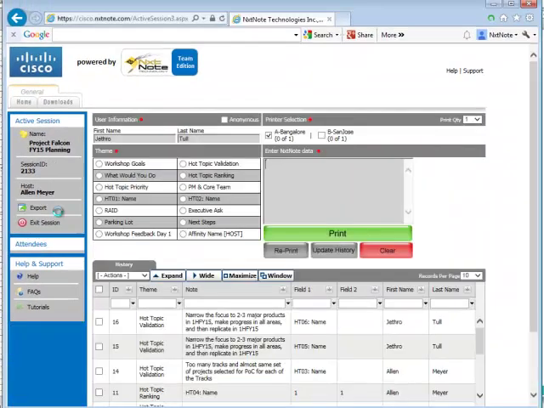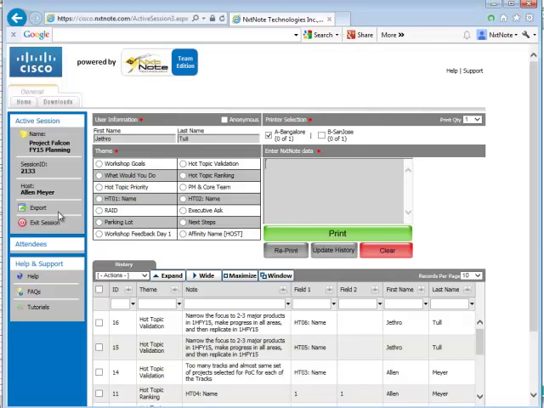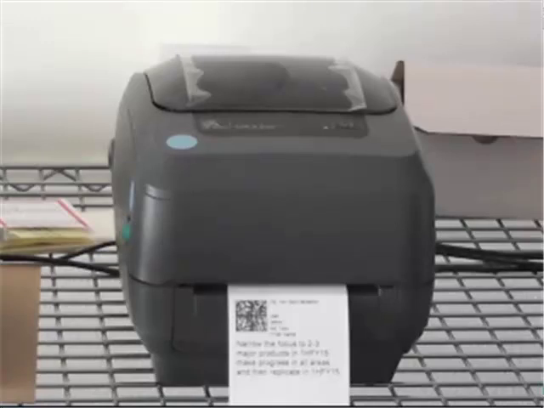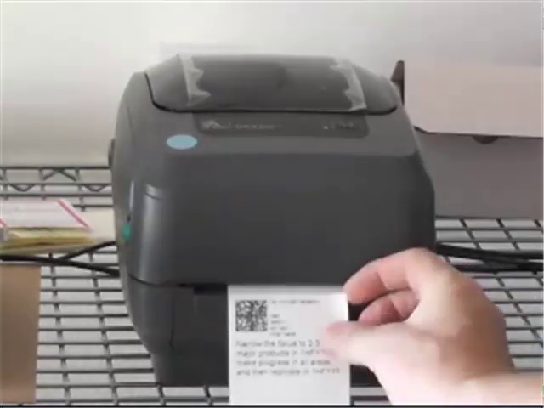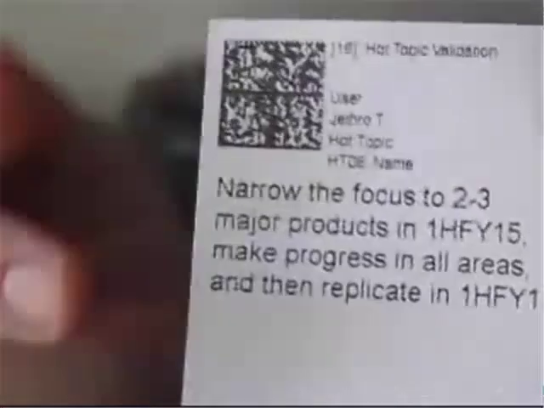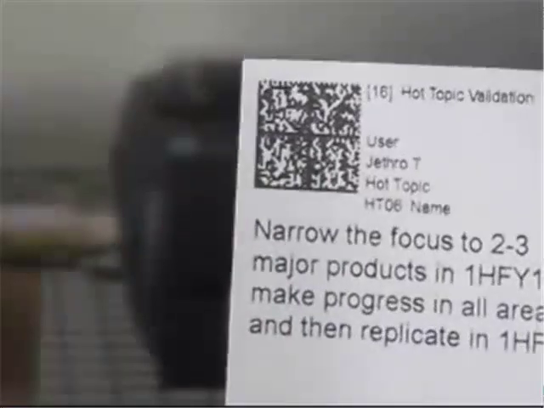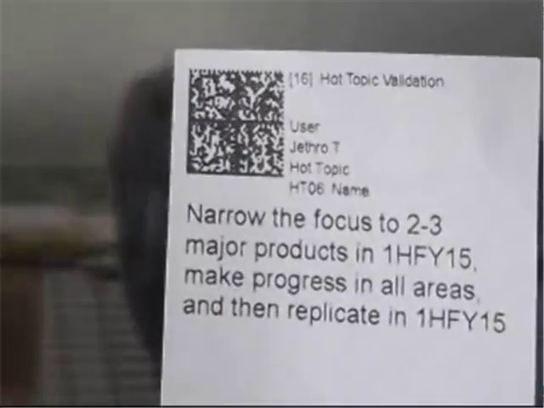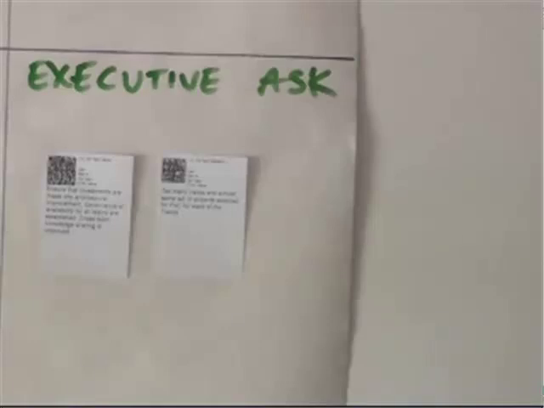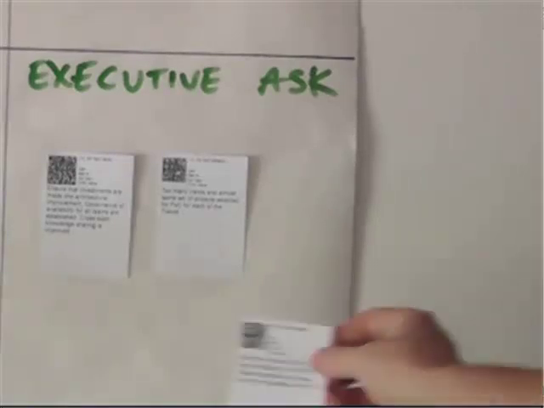Now let me show you what was printed when you sent that post-it note to our printer. If I peel it off and display it for you, what you have is the comment that you typed in. It's got additional information, but it also has a barcode here, and that barcode is going to become important in a couple of minutes. So once we do that, we'll just simply go ahead and put that onto the flip chart,